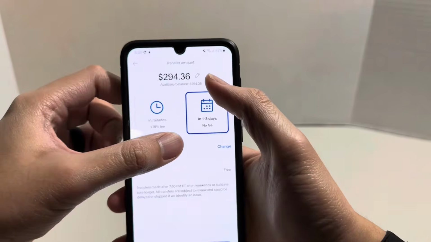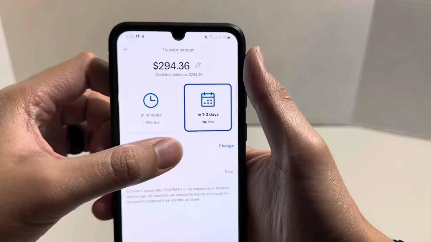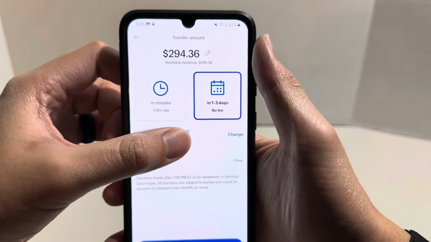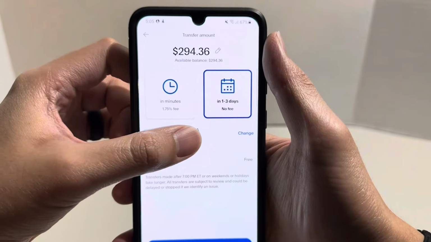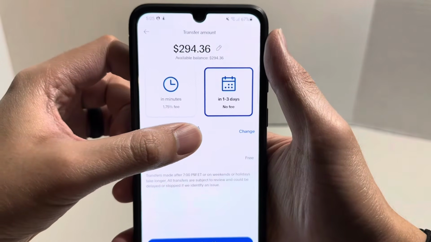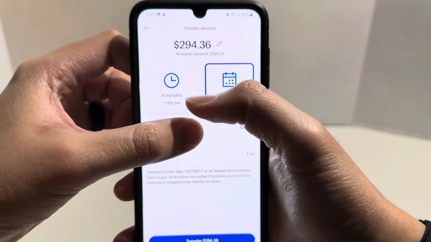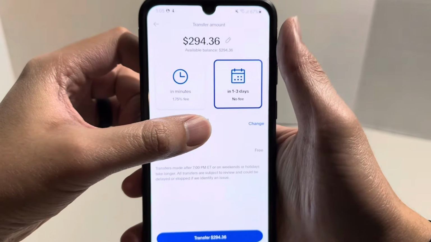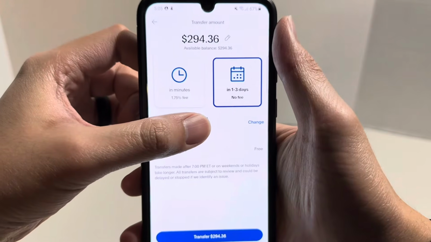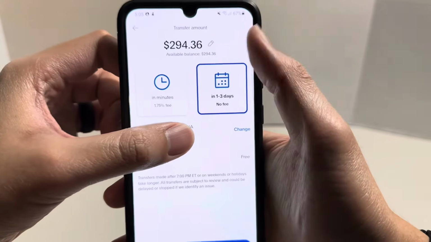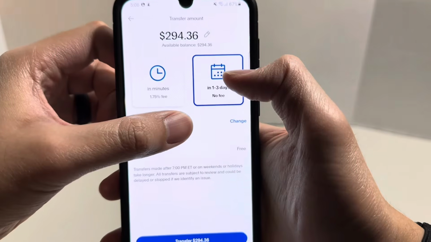Okay, so from this screen, you could click on this pencil icon up here. If you don't want to transfer the full amount, let's just say from my balance, I just want to transfer like $5. I could click on that pencil icon and edit the amount there. I could choose to receive the money in minutes, but it will charge me a 1.75% fee. Or I could choose to receive the money in 1 to 3 business days and I would not get charged